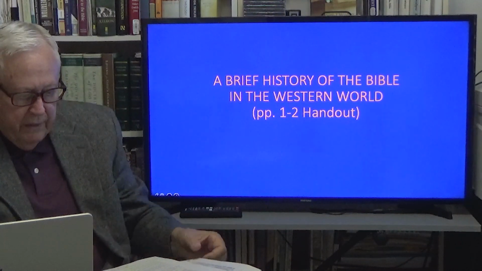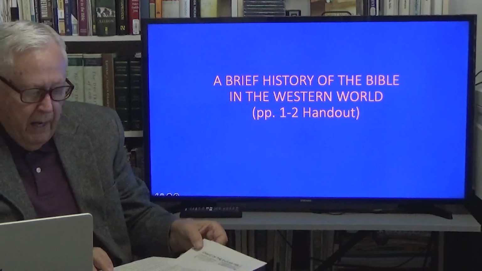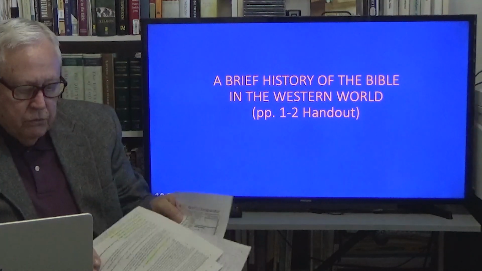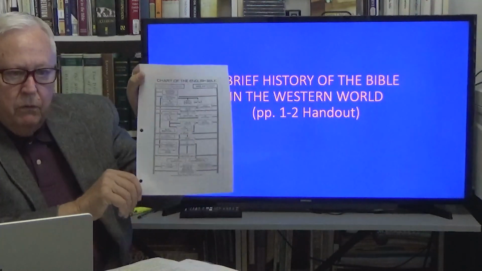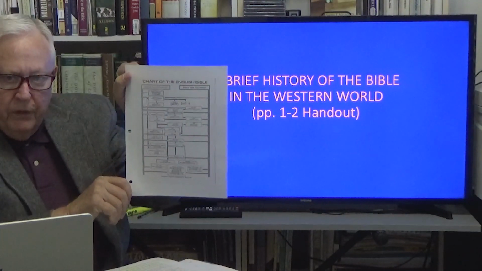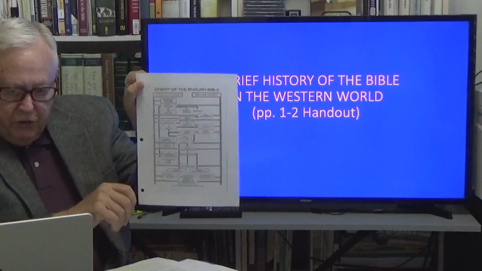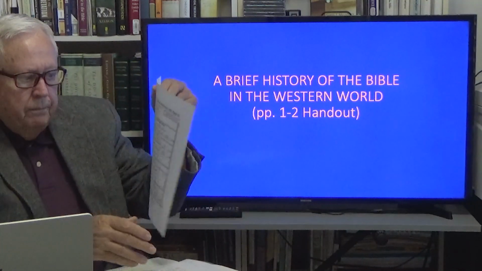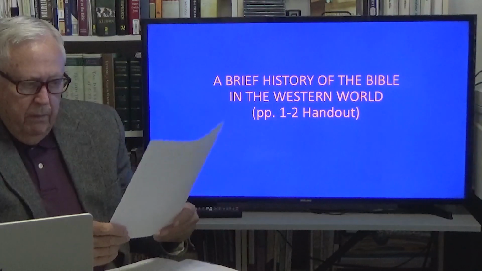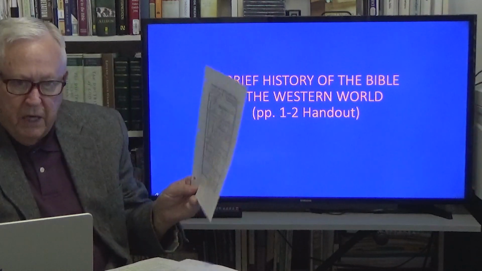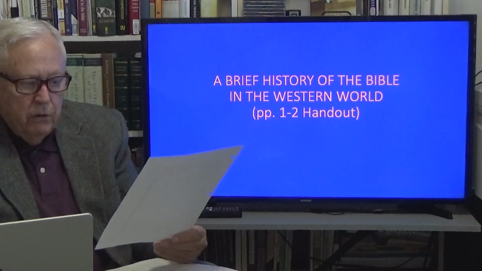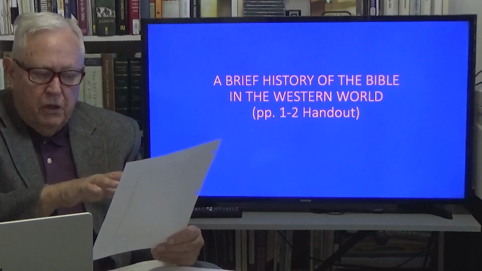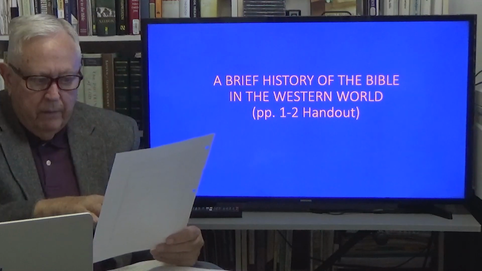Now, here's what's quite interesting. If you will pull out of your notes that you've printed off the big chart that I gave you, the chart of the Bible, the history of the Bible. This chart is produced by the American and United Bible Societies, and the American Bible Society particularly. And you'll notice you have to learn to read the chart as you go from top to bottom.